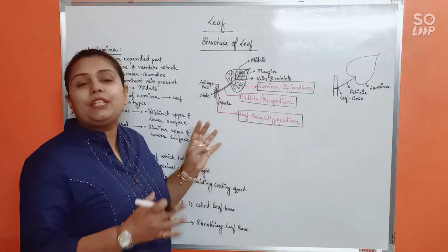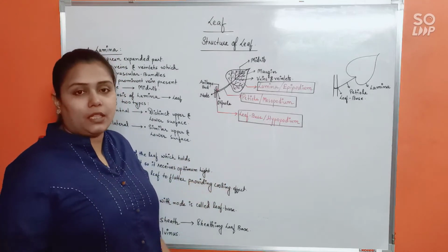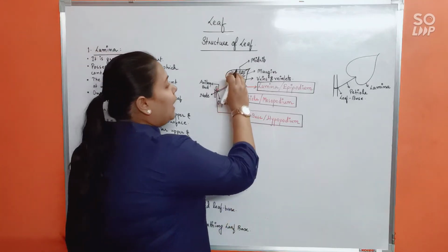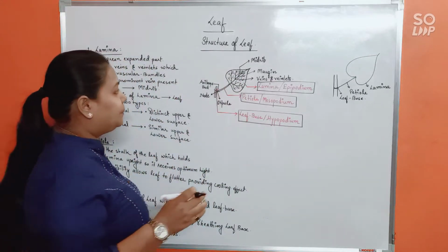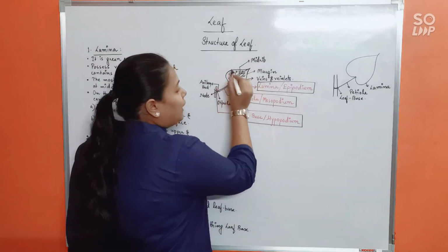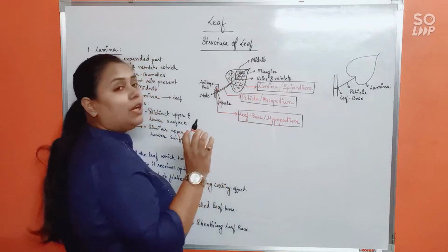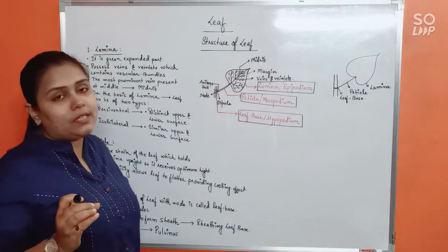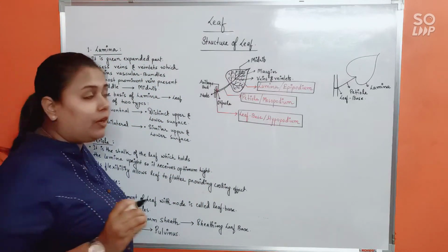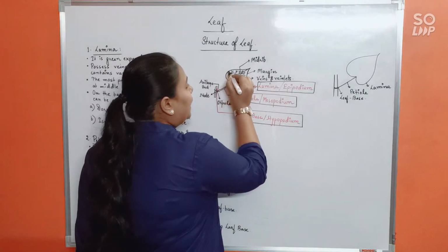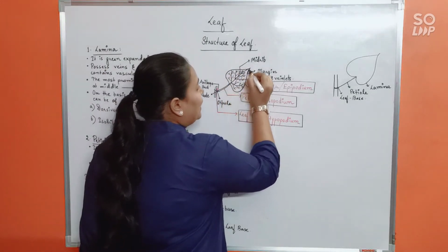Here we have gone into the detailed structures present in the leaf. Looking at the lamina, if we start with the lamina of the leaf, it is the most conspicuous and green part of the leaf where photosynthesis actually takes place. Alright. So this is the outline of the lamina, right?